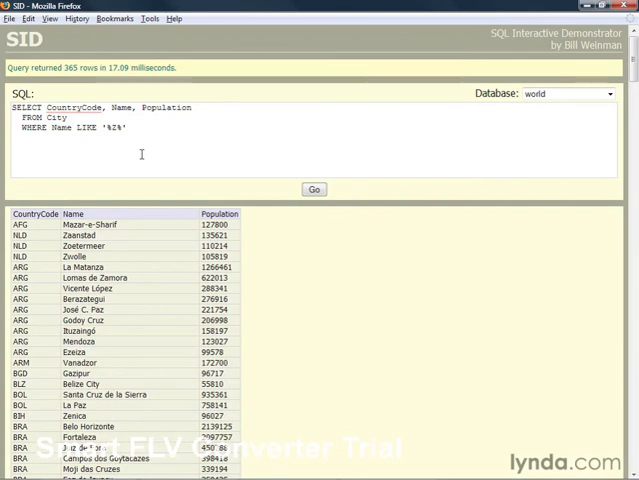Now finally there's the in operator, and that one works like this. The in operator selects from a list of values and compares that list to the column or variable that you provide for it. In other words, this will return rows where the country code is USA or